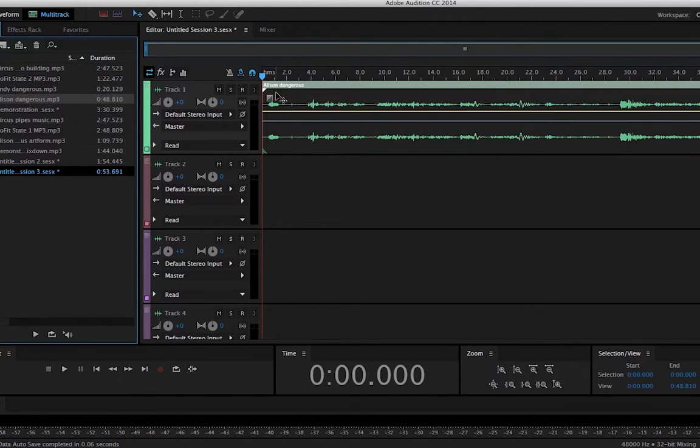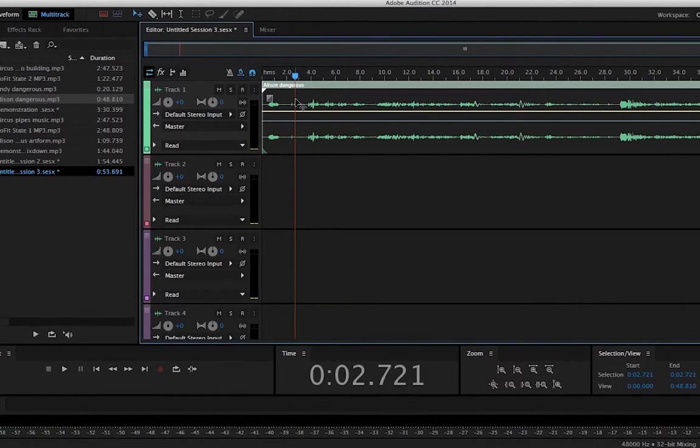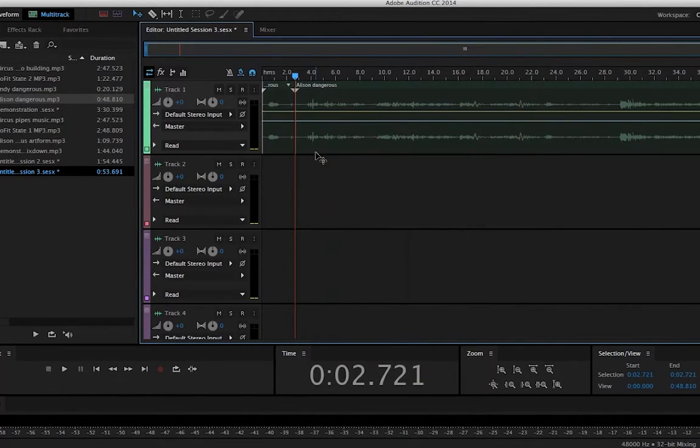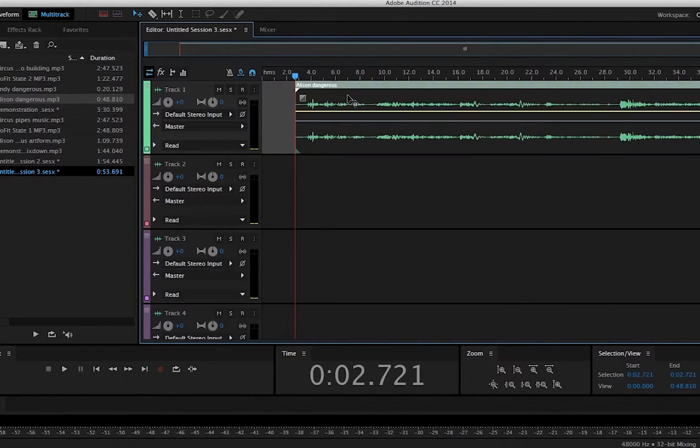This line that's moving along, the vertical line which has a blue dot at the top, that's your playhead. If you want to move it around, just click on the blue dot at the top and drag it to wherever you want. So here we're going to cut, so we right click, or control click if you're on a Mac, and you'll choose split, and then you can highlight the bit you want to get rid of and just press delete or backspace, and then you can pull the bit you want back to the beginning,